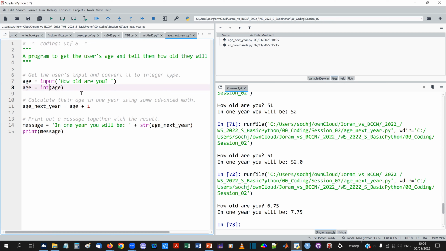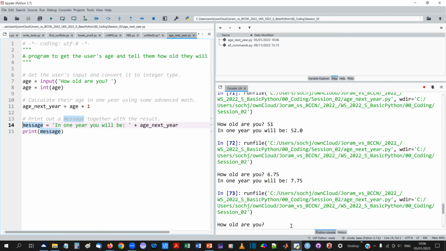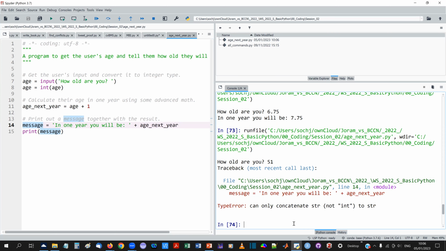So second, let's ask ourselves, what happens if we remove the string conversion function here. Obviously, the program doesn't work anymore. And this is because now age is an integer, which means that age next year is also an integer, which means that the thing which is here concatenated with the display string is also an integer. And we saw that we cannot combine strings and numbers using the plus sign. So let's revert this one